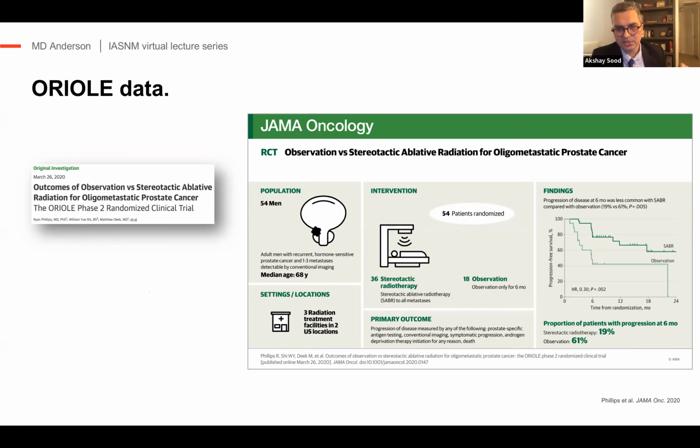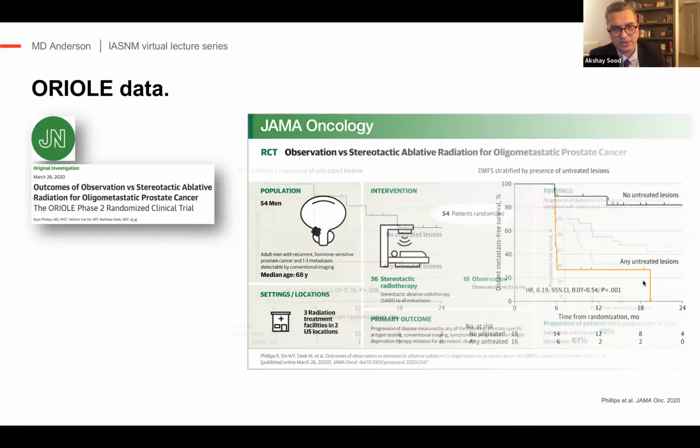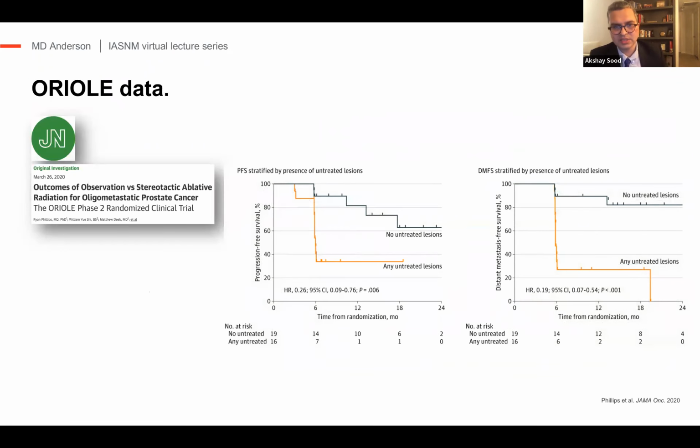perform radiation therapy to the lesions, you had better outcomes compared to patients who were just treated with standard of care. The reason I included this study is not because of this result, but the result they noted here. It's an interesting design. As I said, this was a randomized phase 2 trial. They randomized patients on the results of the conventional imaging, but all these patients also underwent a PSMA PET scan, but they did not incorporate that knowledge into randomizing patients or even making any kind of treatment decision.